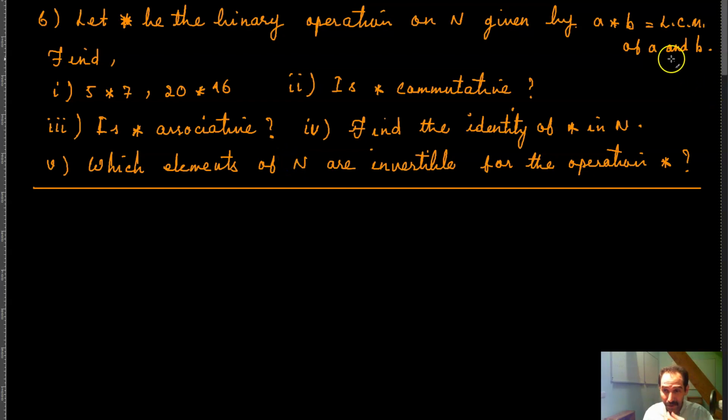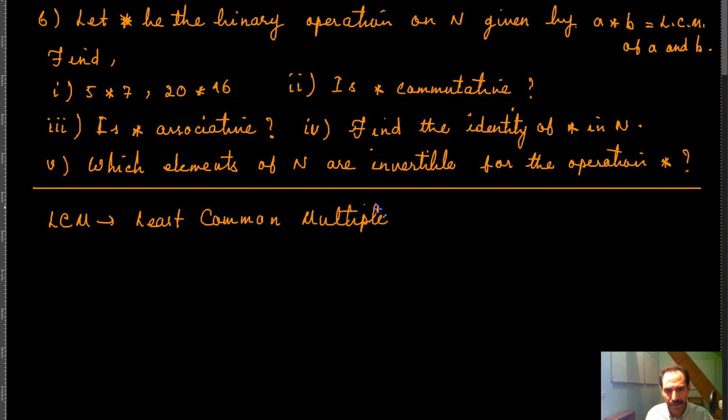But we will start with the concept of LCM. The LCM of two numbers is the least common multiple of those two numbers. So LCM means the least common multiple. And what that means is that